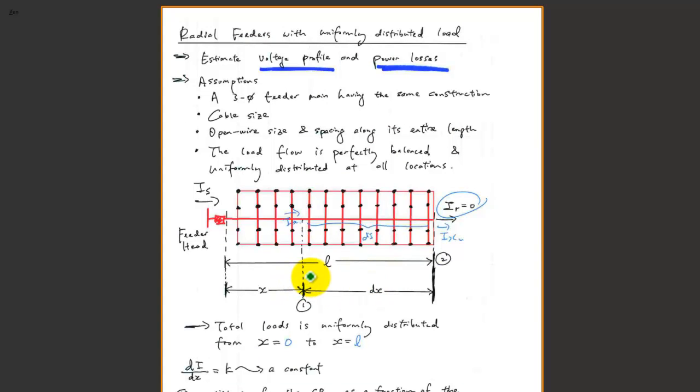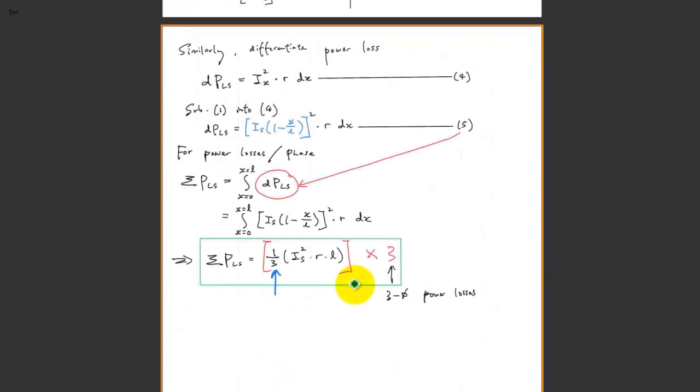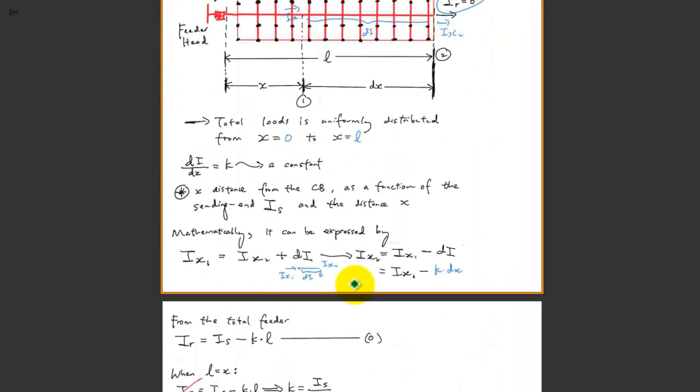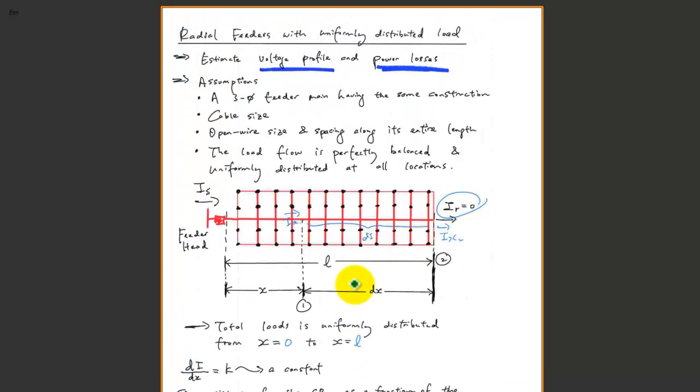For the next couple of pages, I might not go through all this in detail. You probably can see it through by yourself, but I do want to make sure that you understand the derivations of all this voltage profile and power loss under this rectangular form. So you start with a rectangular form, and then we are gradually going to the triangular form, and hopefully the trapezoid form. So the assumption we make here